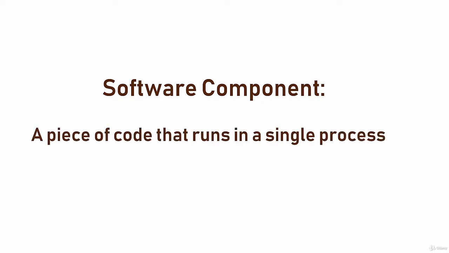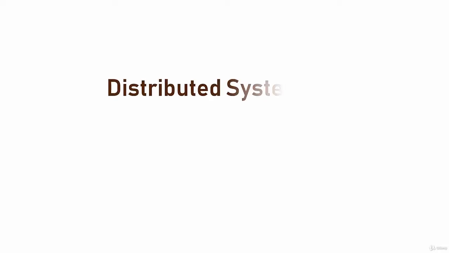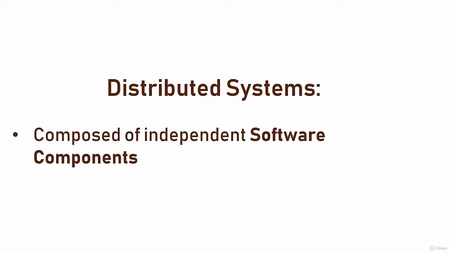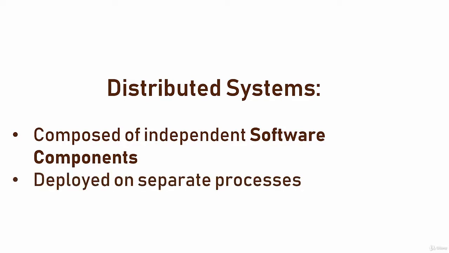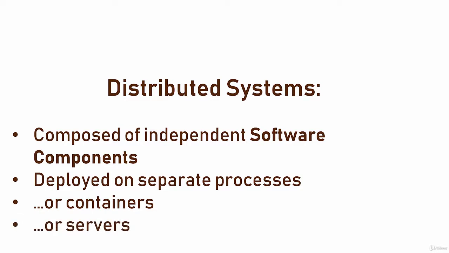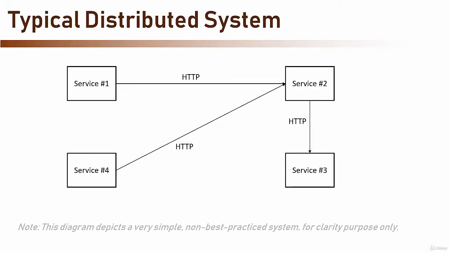it is not distributed. Modern systems are usually distributed, meaning they are composed of independent software components deployed on separate processes and often on separate containers or servers. You have probably heard about microservices application, SOA application, and more. All these systems are distributed systems that have components or services deployed independently and which communicate via some kind of